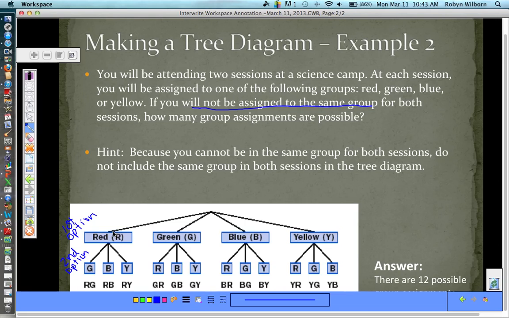If I'm assigned to red first, then in my second week, I will be either green, blue, or yellow. I can't be red again. If I'm assigned to green first, then in the second week, I will either be red, blue, or yellow. I can't be green. And so on and so forth. If I'm assigned to blue first, then in the second week I can be red, green, or yellow, but not blue. And then finally, if I'm assigned to yellow first, then I could be red, green, or blue,